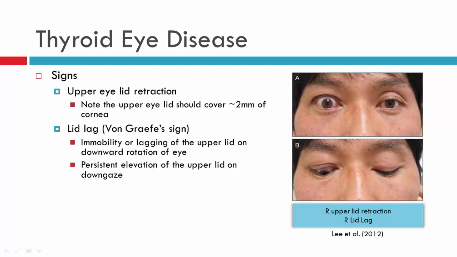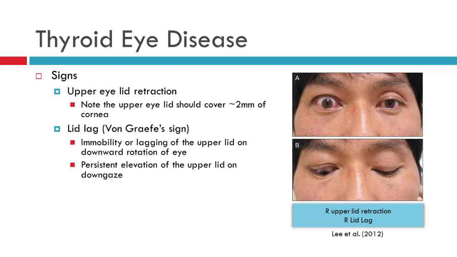What's normal is that the upper lid should cover around 2 millimeters of the cornea, like we see here on the left eye. With upper lid retraction, the upper lid is retracted. We can see here that this is the case, and we can now see the upper component of the eye because it's retracted back. This actually gives the patient this look as though they're staring, and many patients will comment on the fact that they look different and their eyes look different, and that people think they're staring at them,